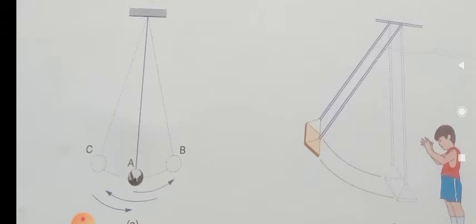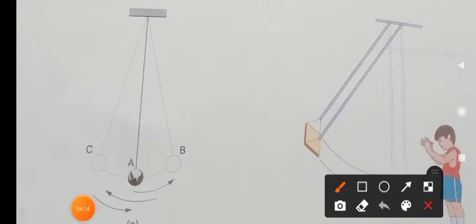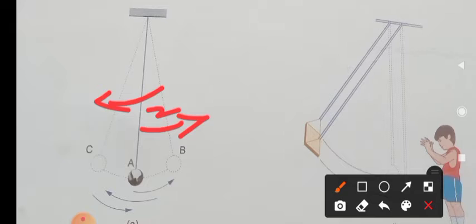Okay, moving forward from the mean position needs some time interval, and the same thing happens here also. When it returns from the forward position to the backward position, it needs some time interval. For example, if moving from the mean position to the front position takes 2 seconds, and returning from the front position to the back position also takes 2 seconds, it means every time the pendulum swings it will take the same time period, and that is called periodic motion.